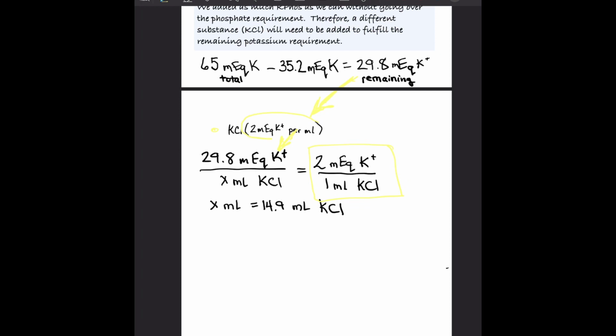So now I cross multiply and divide. Answer to X milliliters equals 14.9 milliliters of potassium chloride. There we go. That's my answer to number